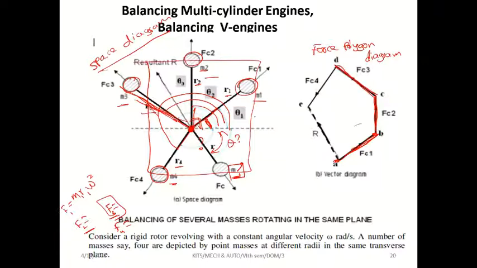Okay, then the fourth one, in this direction with this force value, draw it. Okay, finally it is imbalanced. Suppose if A and E meet with each other, it means the particular system is balanced. If they do not meet with each other, it means it is imbalanced. Okay, now we have to find out this value. This value we have to find out.